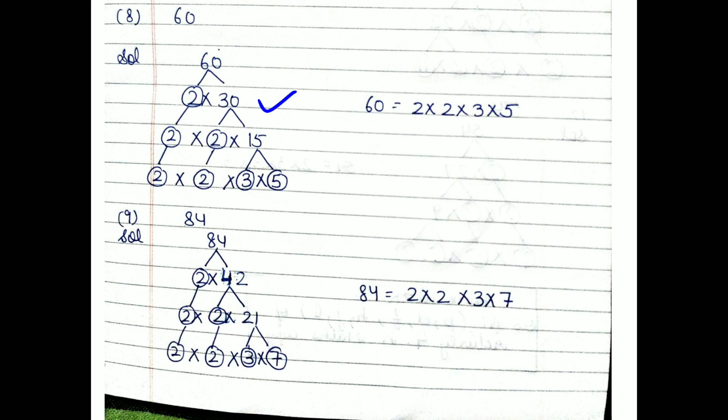So you have to take that one number in the circle only. Then 30 factor, 2 15s are 30. Then you make of 15, 3 5s are 15. So all these are the factors of 60. You will multiply it and you will write like this manner.